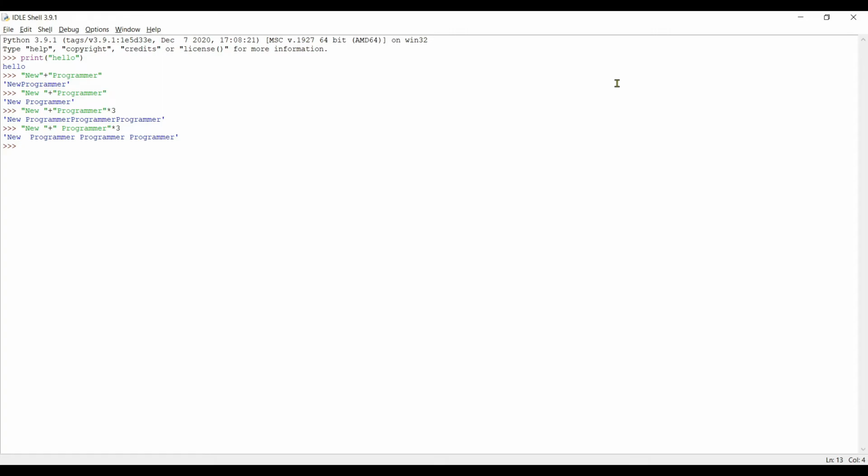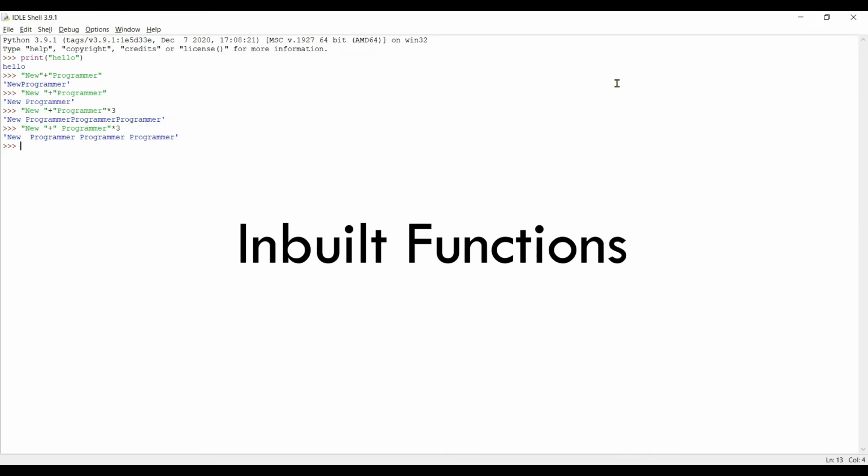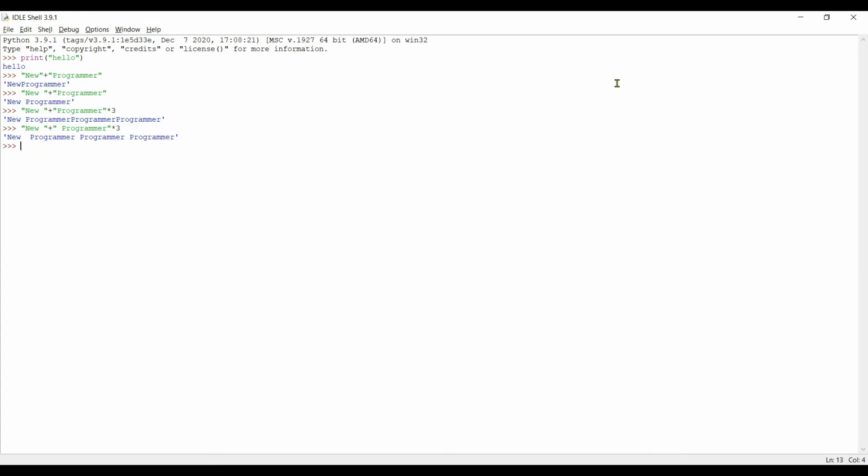Then what else can we do with string? There are a lot of things which we can do with strings. In fact, there are a lot of inbuilt functions which we can use to modify strings. But what kind of modification can we do on string, and where are those inbuilt functions located? Let me show you. Let's say I'm entering new programmer in lowercase. I want to convert this into uppercase.